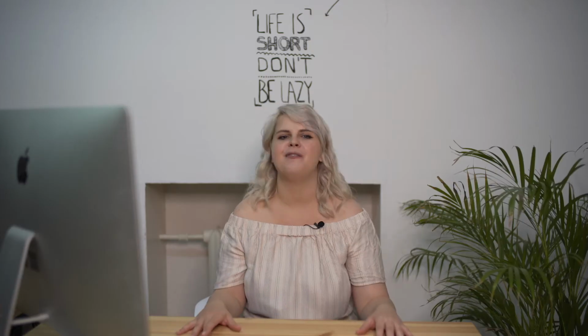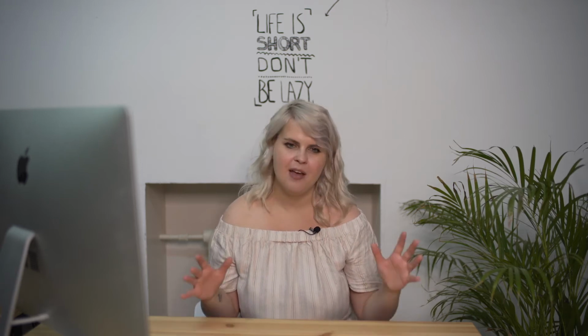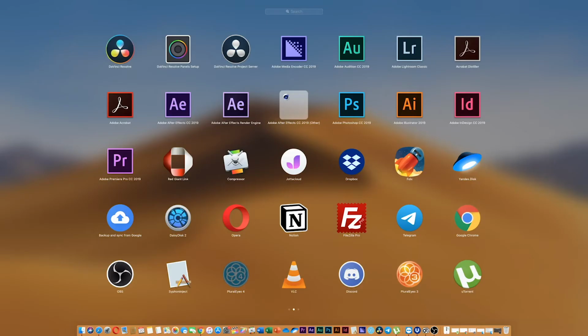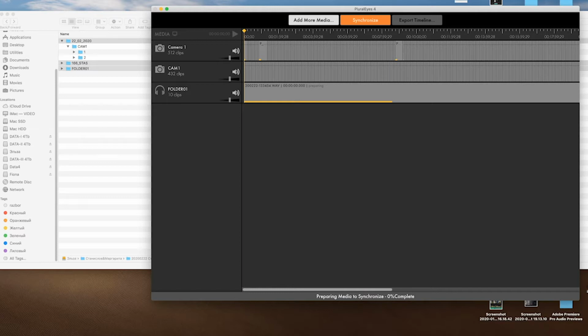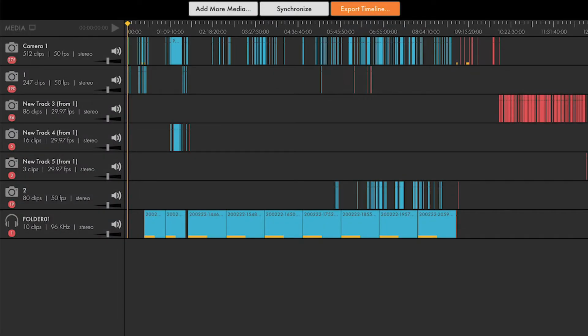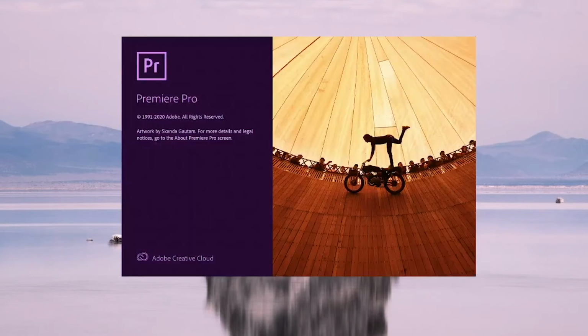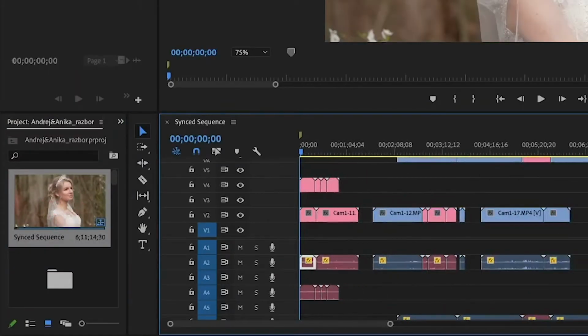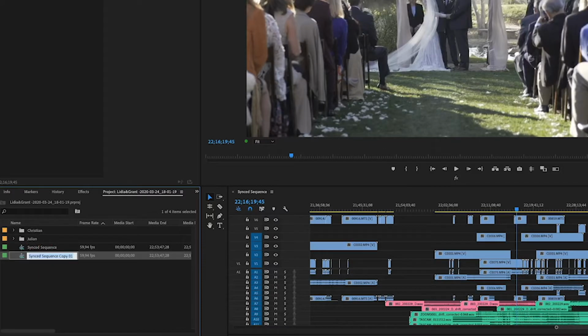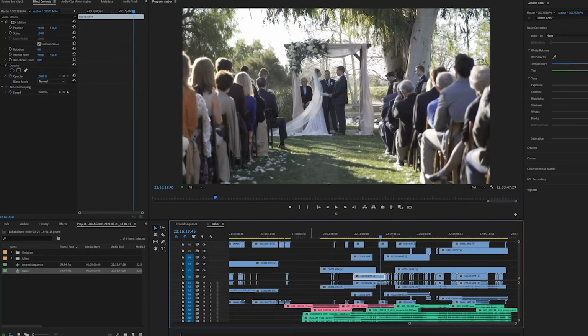In our studio, we use the following sequence of actions. First of all, we should synchronize the material and pluralize. We upload all audio and video files and wait for the program to connect them all. Pluralize goes through all audio files and finds the ones that were taken at the same time. Then we need to import all the videos and the synchronized file into Adobe Premiere and click twice on it. Then we duplicate the synchronized sequence and work on the copy. This makes it possible to return to the initial synchronized file if we mess up.